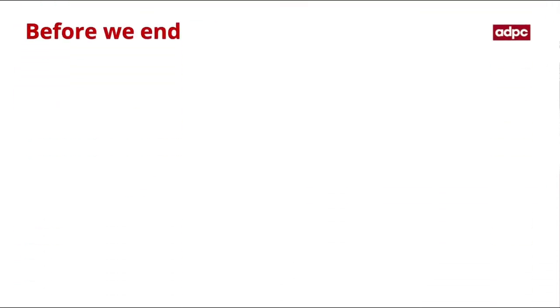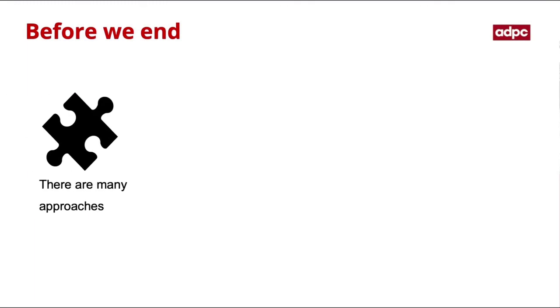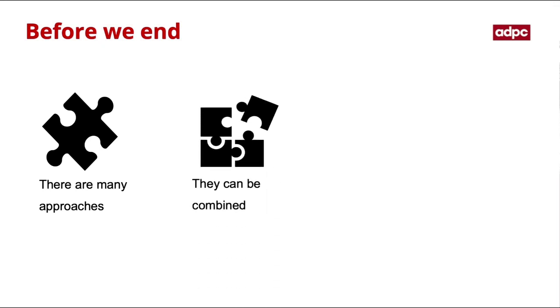Before we finish, let's go through some of the key messages of this lesson. As was mentioned at the start, there are many approaches to risk communication, and this lesson only presented a few of them. There are many resources available online, so I encourage you to have a look at other risk communication approaches. You might find one that is more suitable for your disaster risk communication plan than the ones presented here. You can also combine multiple approaches together and create your own risk communication approach if this will help increase the effectiveness of your plan.